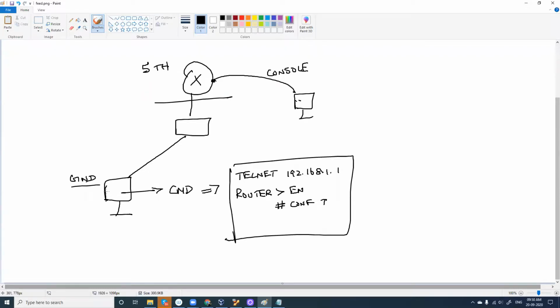And this particular port number 23 of telnet shouldn't be exposed outside. It shouldn't be open. In case it is open, then it can be vulnerable to a lot of different types of attacks, right? Okay.